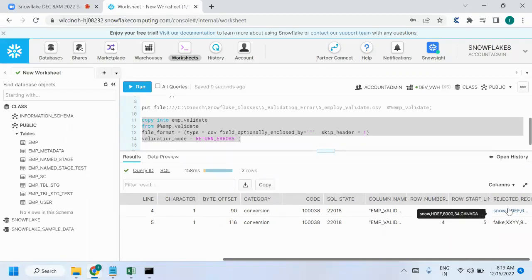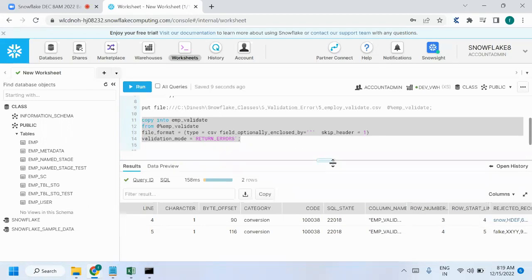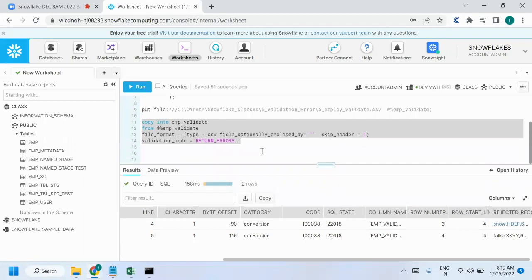It's giving the complete information, right? Complete information. So this will show you the reason for the failures. What error records are available, you can see that information by using validation mode equal to return errors. Let's suppose you don't have any errors, still if you are using validation mode equal to return errors, it will not allow you to load data. Even if you don't have any errors, when you are using validation, it will not allow you to load